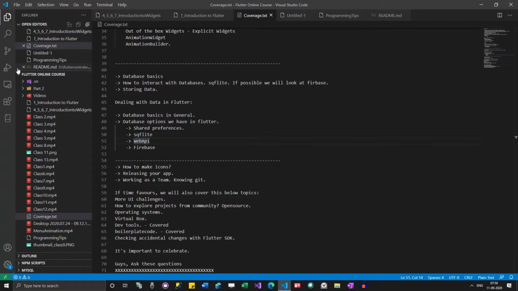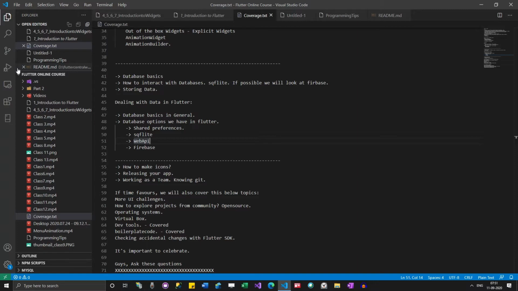REST API is a pattern which deals with get, put, delete, and update. If you want this kind of functionality with your APIs, you have to go with REST APIs. If you want to go beyond this, they are web APIs. But everything will be very much similar.